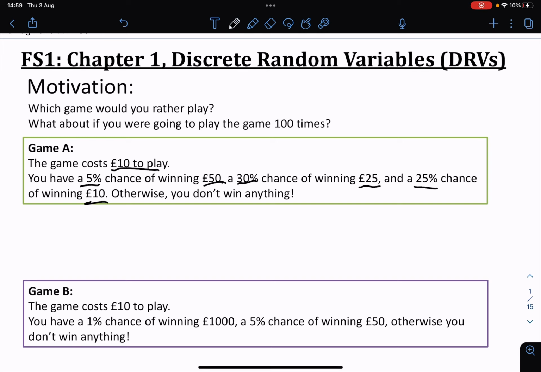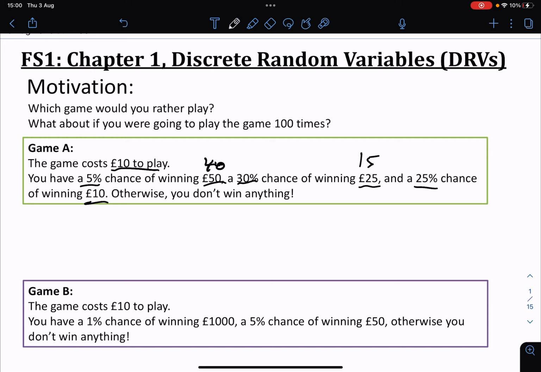Game B costs £10 to play, and you have a 1% chance of winning £1,000 and a 5% chance of winning £50, otherwise you don't win anything. Which is the better game here? Well, if it costs £10 to play the game, then actually you're only getting 40 back there, aren't you? In this case, you're only getting 15 back,